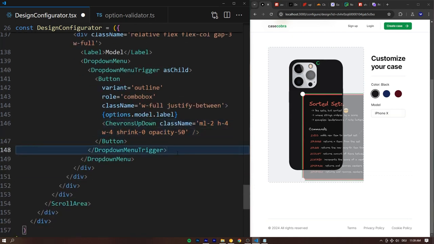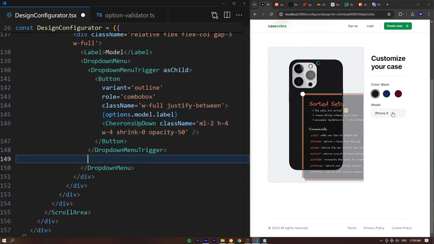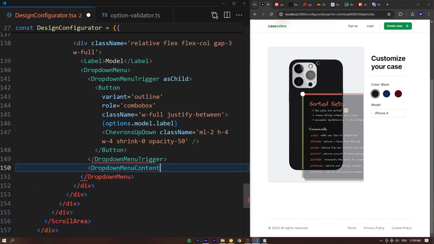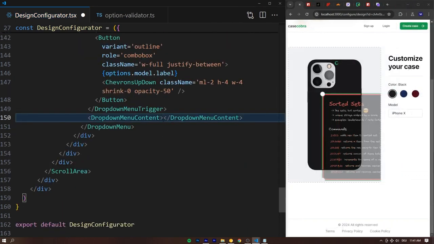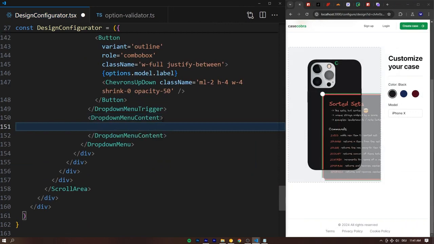And then as the content, what should show up when you click this trigger, that's going to be defined in the drop-down menu content that we can also import from our UI library. Now let's give this a bit more space to work with, and inside of the drop-down menu content is where we want to display basically all the options that the user has to choose from, all the iPhone models, right? So we're going to say